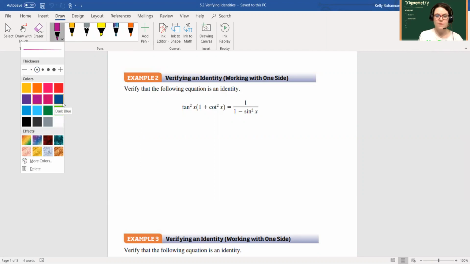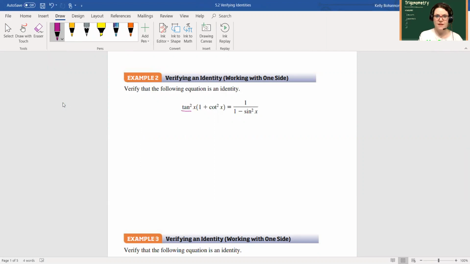The left side would be considered more complicated because it has a tangent and a cotangent in it, and that would be something that would make it complicated. If it has just one trig function on the side, then it's more simple. So this is the side we're going to start on. Now you'll see the example says working with one side,